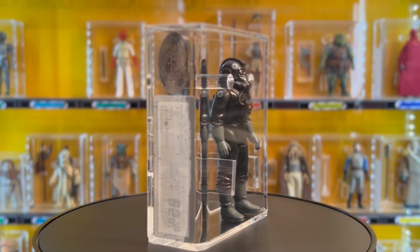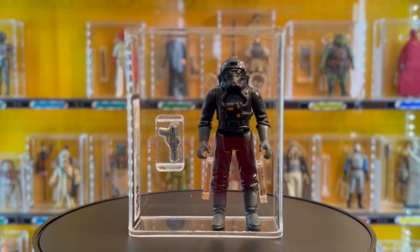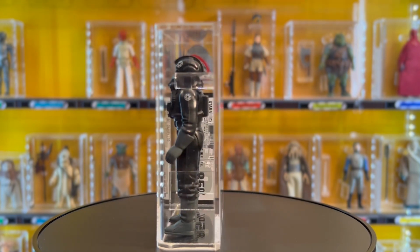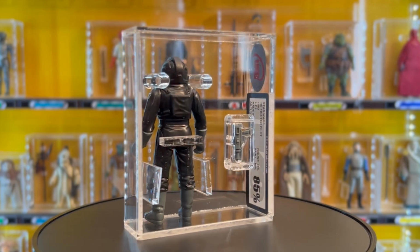But let's get started then. Let's see what your first one is. Okay, yeah, my first pickup is a 1982 TIE Fighter pilot. It's COO of Hong Kong, and it's UKG graded 85%. I picked this up from Another League Toys, shocker, and it cost me £75, which is pretty good, I think,